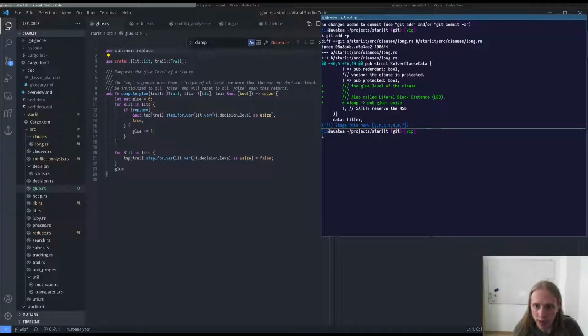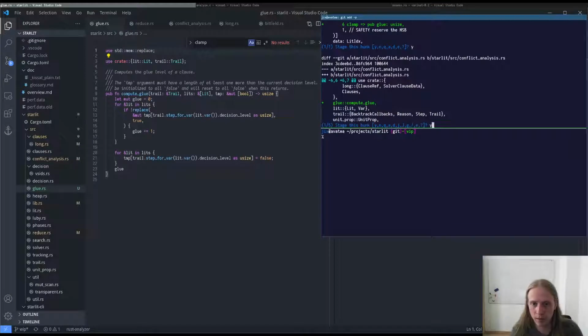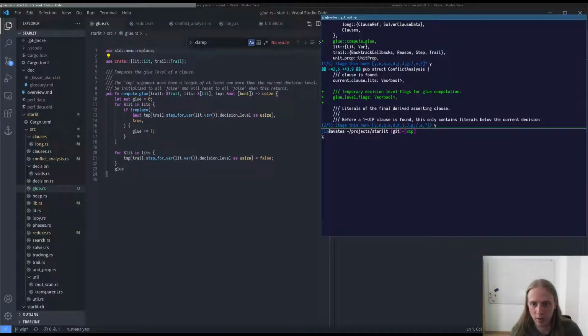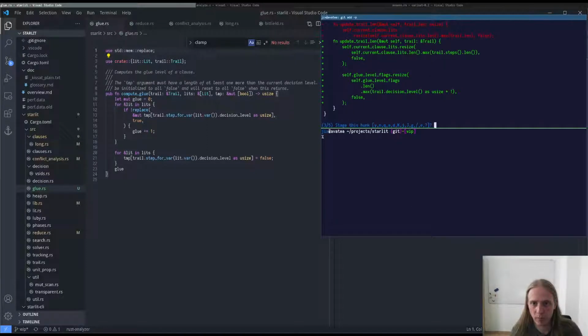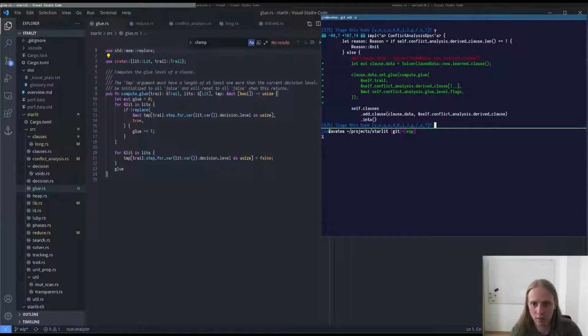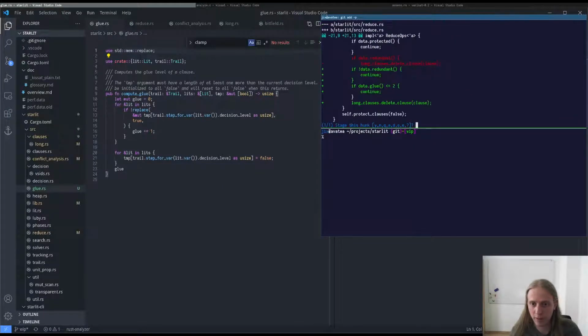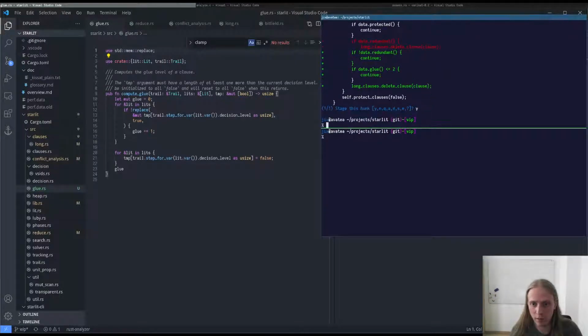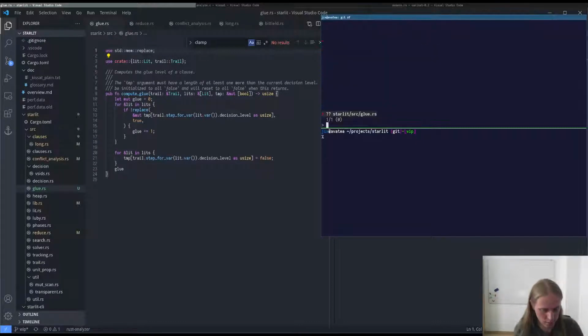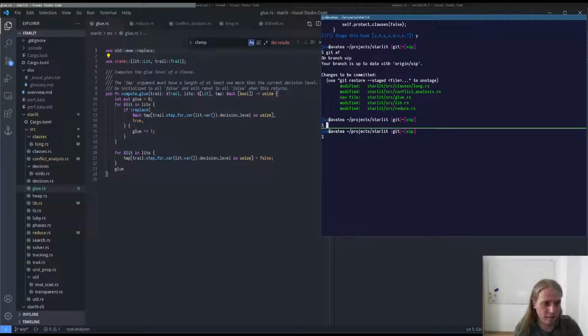So what did we do? We store the glue level. We have data for that. We update the size of that. We update the size of the buffer. We use the glue value to filter this, and we don't forget to add the file. So this is compute glues, and